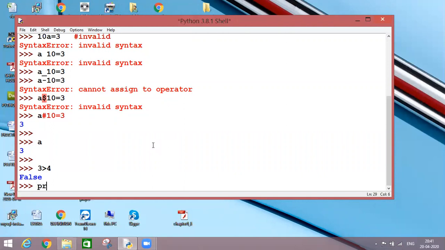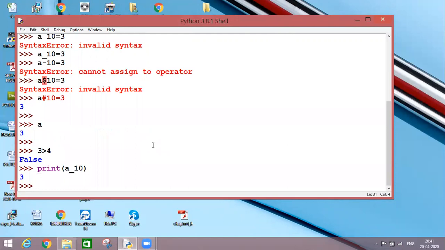If I say print(a_10), I'll get the result as 3. And you can easily tell the difference between this keyword and my normal wording. This print is appearing in a different font color, and my simple variable name is appearing in the usual black font. So the keywords in Python always appear differently on the screen.